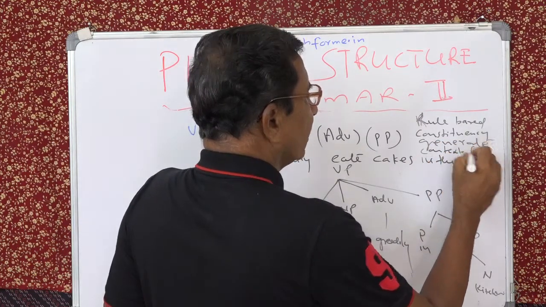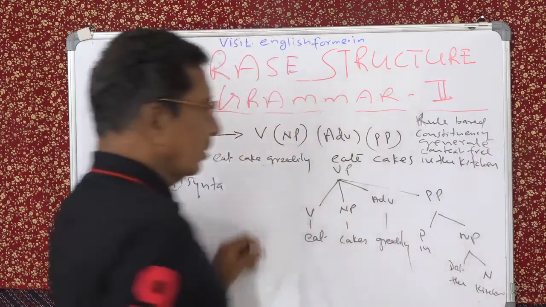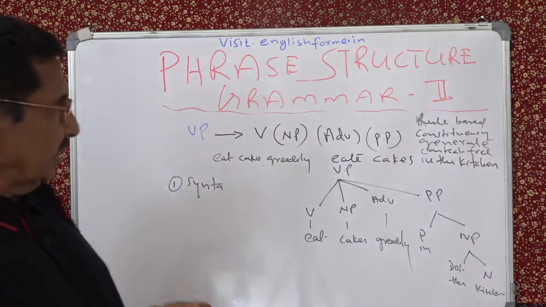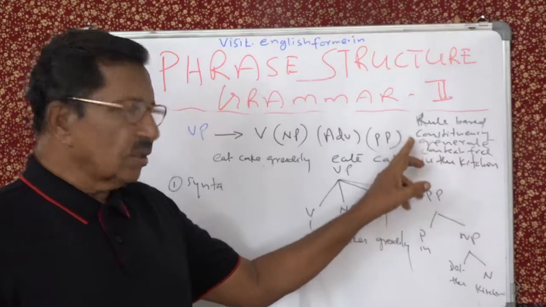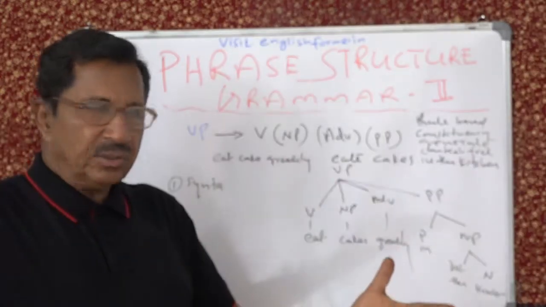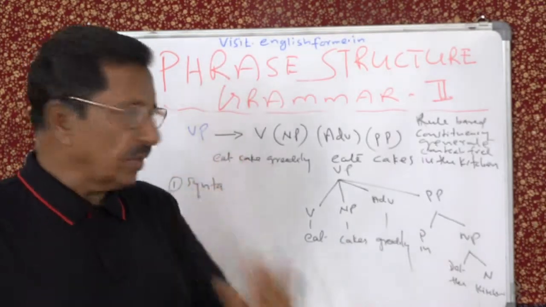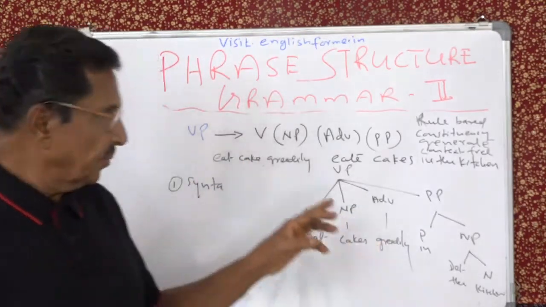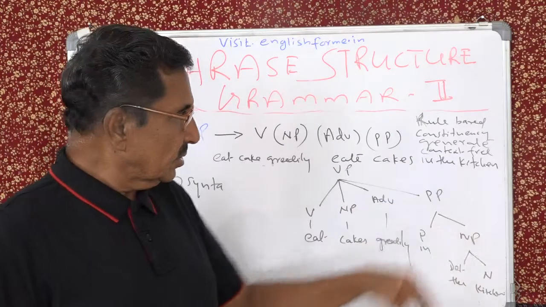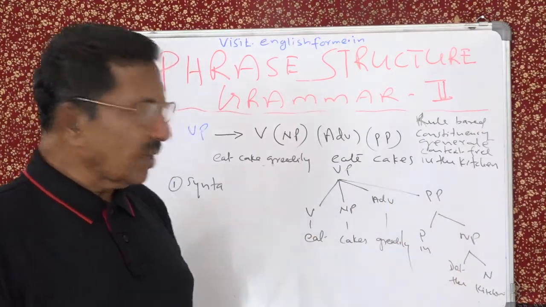Context free. What does context free mean? First, PSG is rule based and constituency based, because it makes explicit your constituencies. Then it can generate phrases and sentences also, I will show you. Then you have the context, and it is context free, means